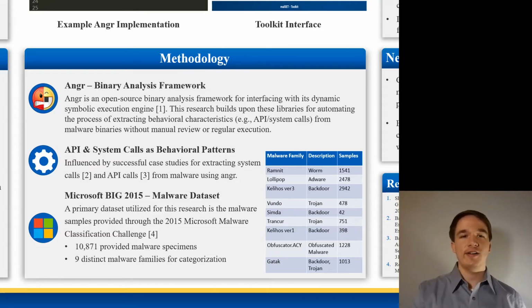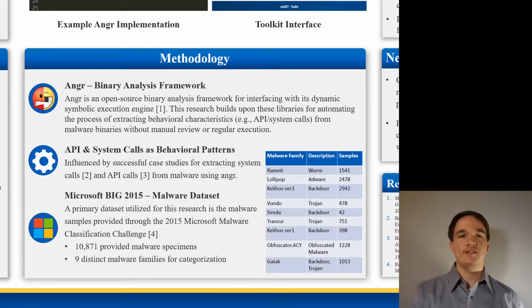And as in our case, one of the primary data sets utilized for this research is provided through the 2015 Microsoft Malware Classification Challenge, which provides nearly 11,000 malware samples from 9 different malware families for the purpose of devising